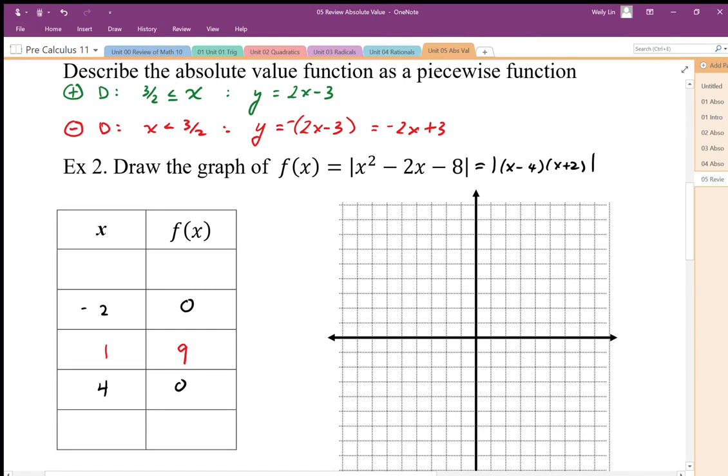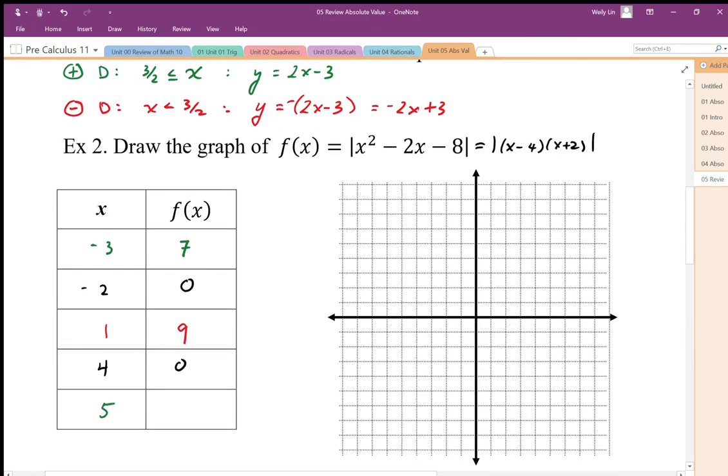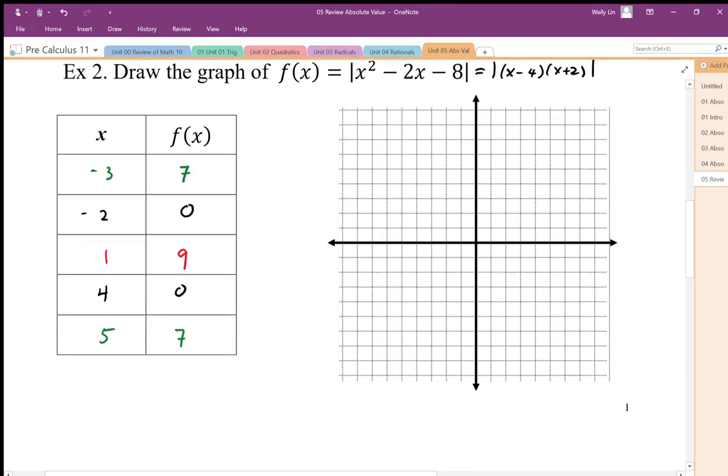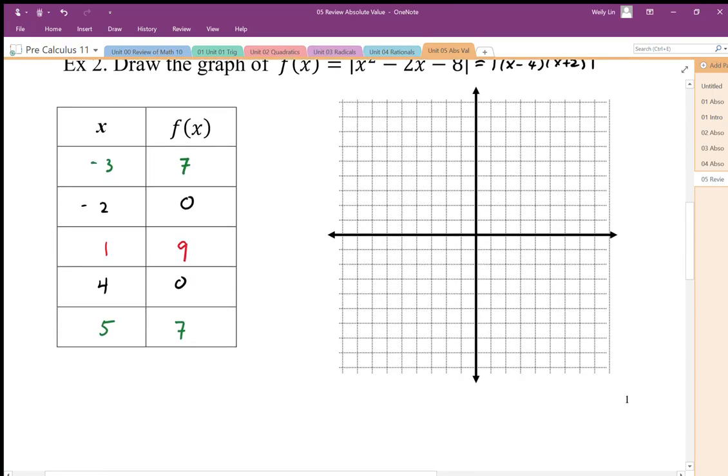And then we're going to have the positive domain. It should be on the outside of that parabola. So we're going to choose maybe negative 3. Plug it in. We get negative 7 times negative 1, which is positive 7. For 5, we do the same thing. It's going to end up being positive 1 times positive 7, which is 7. So the black represents our domain boundaries, the green represents our positive version, the red represents our negative version,